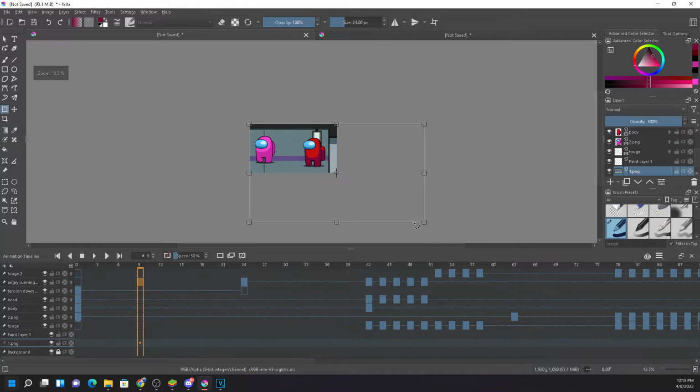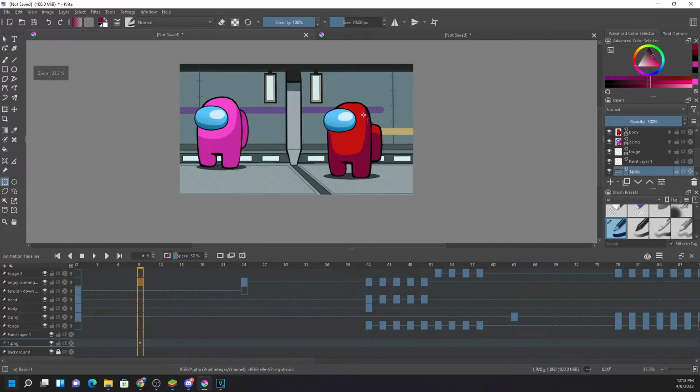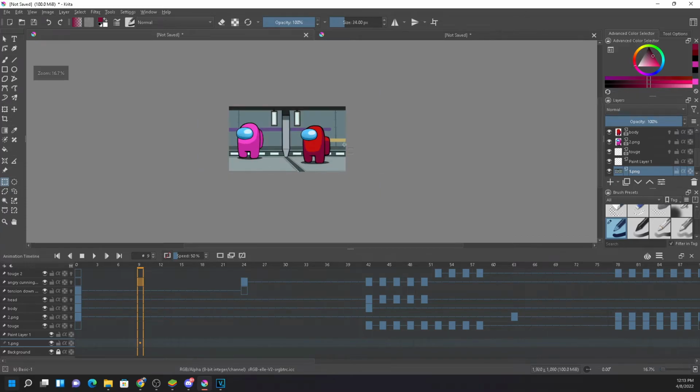The size is really big, so change the size. What I'm going to do is the red will come over here, and after that it will eat.